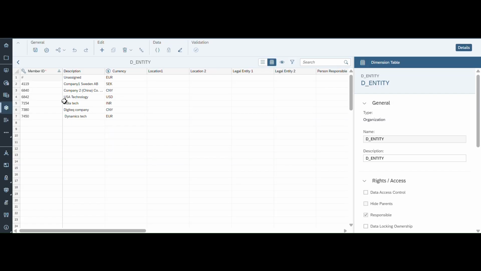In the entity, these are some sample entities I created, and these are the descriptions of those companies and the relevant currencies of those companies. Some are like the Sweden company, it might be any Chinese company, USA, or any Indian company. So in your business scenario or business case, there might be different entities belonging to different geolocations, and you have to maintain the currency against each company. Now I'll go back